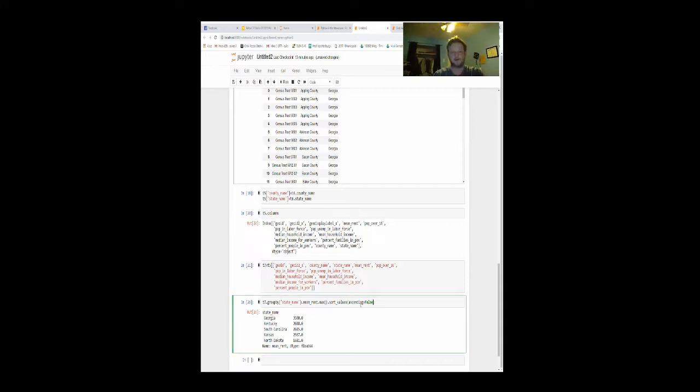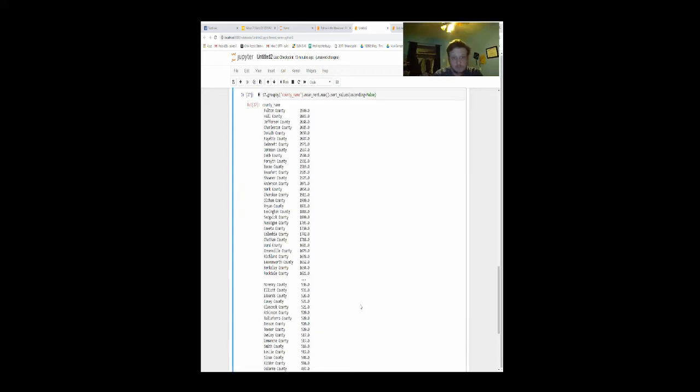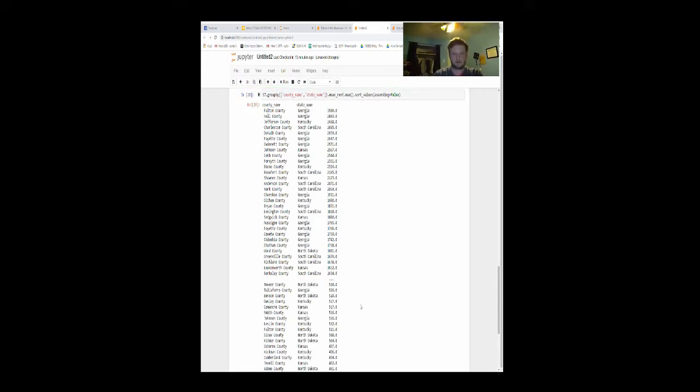And of course, now this list is going to be huge, but you can go one step further. There we go. So now we can see that Georgia has the 2 highest rents out of all the counties, followed by Kentucky at Jefferson County, Charleston, South Carolina. So you see,